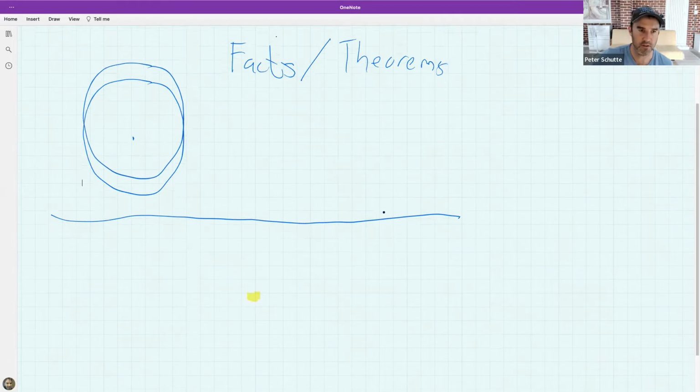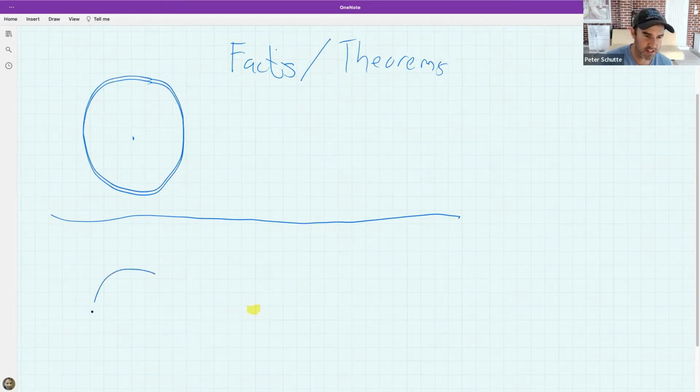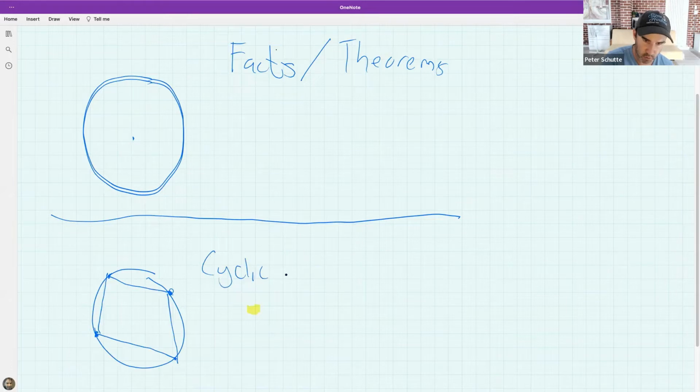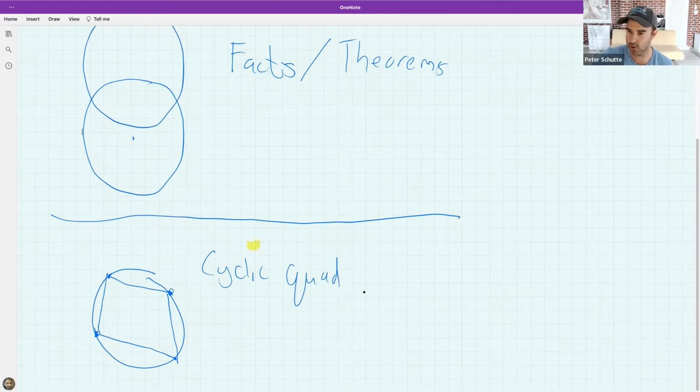Then there are the theorems that deal with something called cyclic quadrilaterals. And a cyclic quadrilateral is a quadrilateral where its corner points are on the edge of a circle. So that is called a cyclic quad. Now, today in the lesson, we are going to talk about the last category of